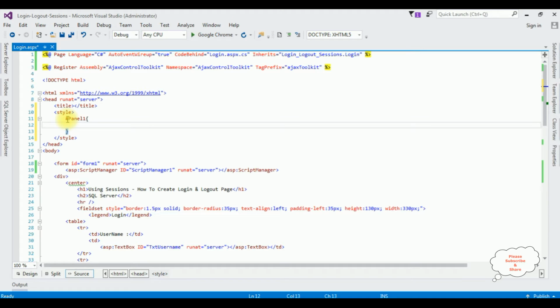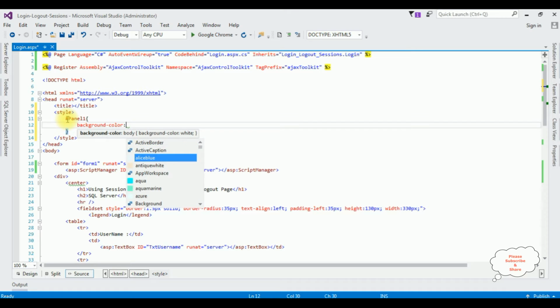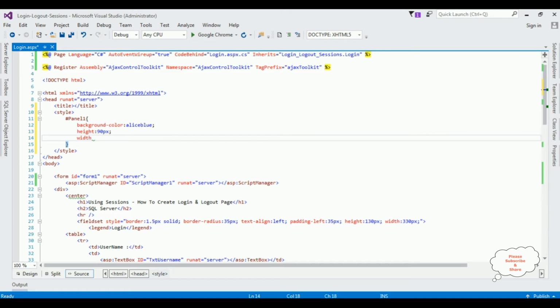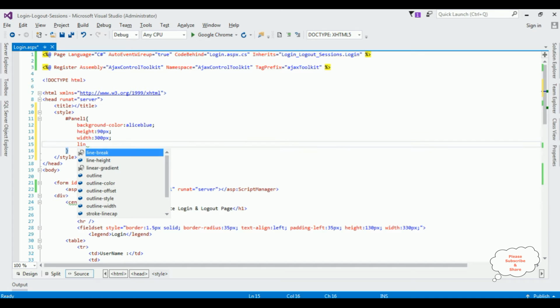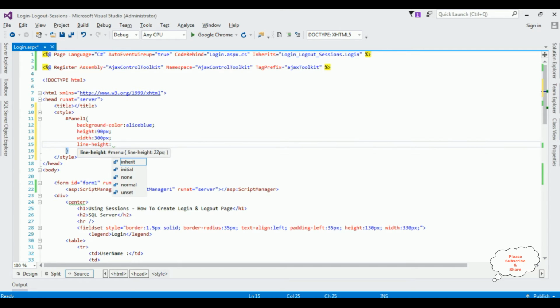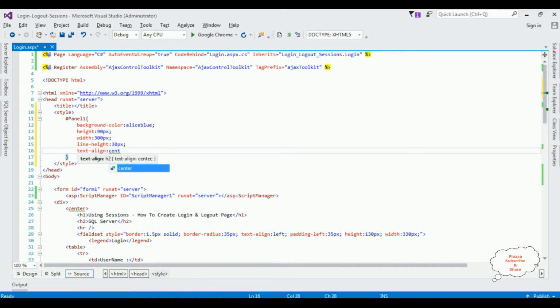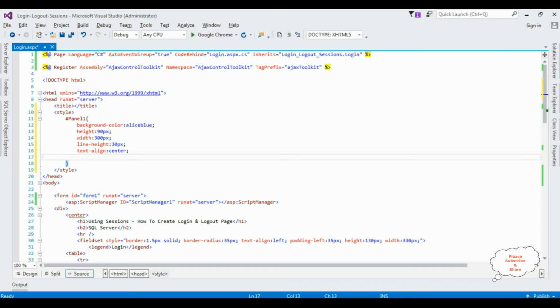Between curly braces, the background color light blue, height 90 pixels, width 300 pixels, line height 30 pixels, text align, I want to put center, font weight bold,